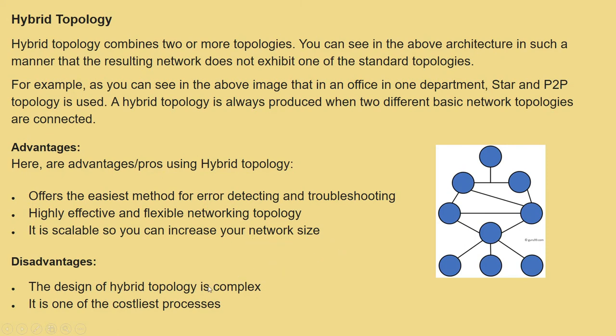And what disadvantage are we getting? The design of hybrid topology is very complex, and it is one of the costliest processes also. So see this picture, as a hybrid format is there. A top branch is there, inside this top node again the bottom nodes are there, and again that bottom node is divided into different sections. If it is 1, then 2 and 3. Directly 1 can pass the data to 2, and 2 can pass the data to 5. In such a manner one node is passing the data to another node, because star and point-to-point are totally getting connected in your hybrid topology.